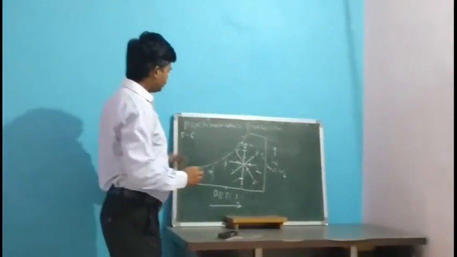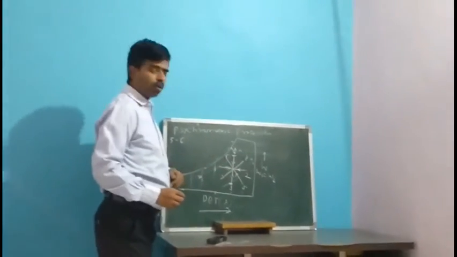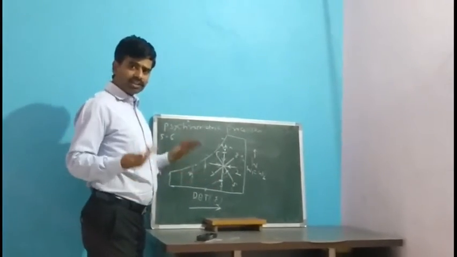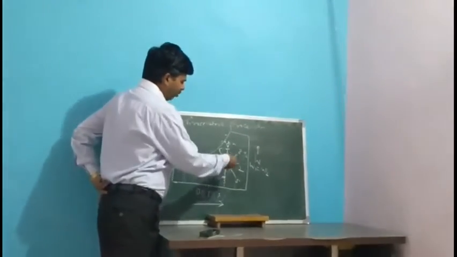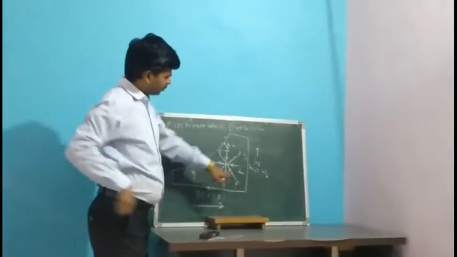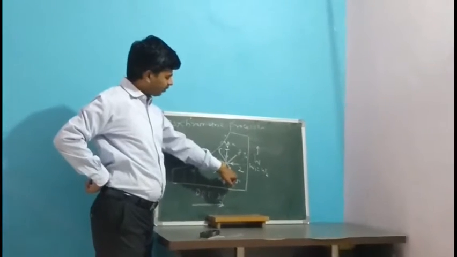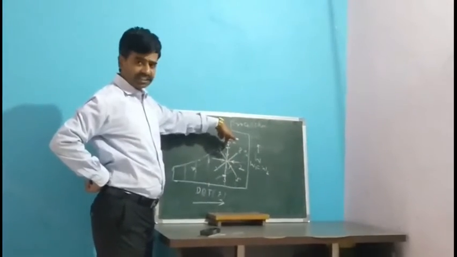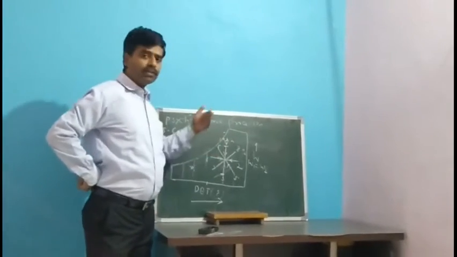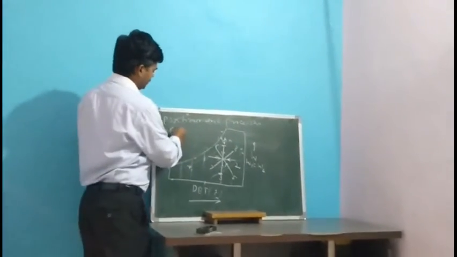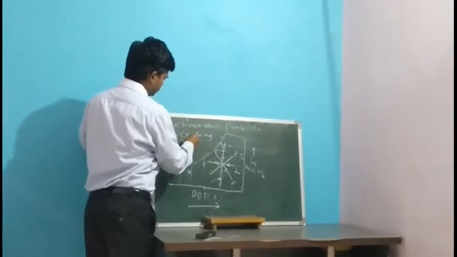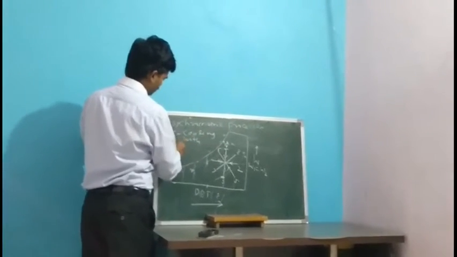So here there is a cooling. Since the dry bulb temperature is decreasing, it is a cooling. And along with that, the specific humidity is also increasing, from this W5 to W6. So humidification is there along with cooling. So this process is known as cooling with humidification.